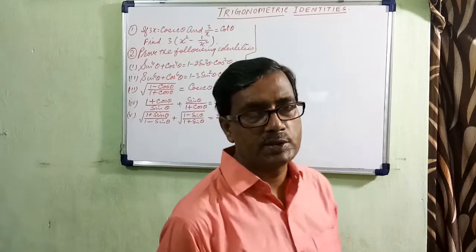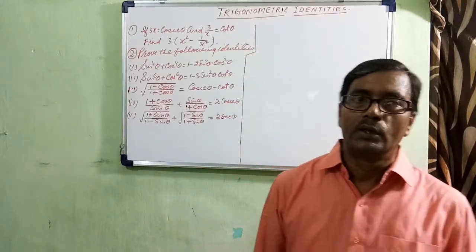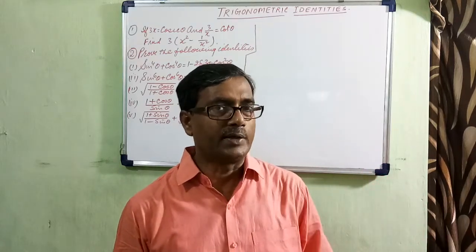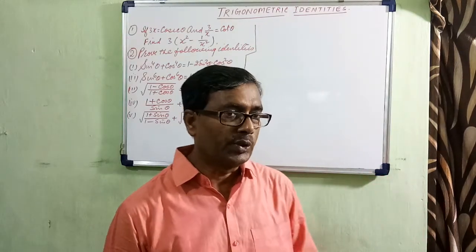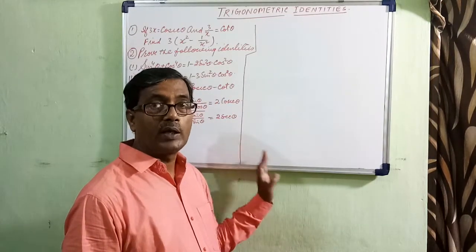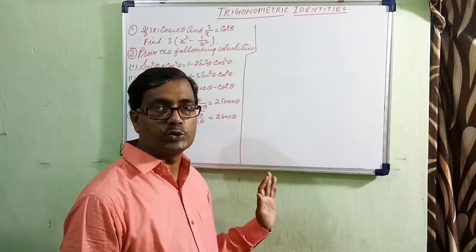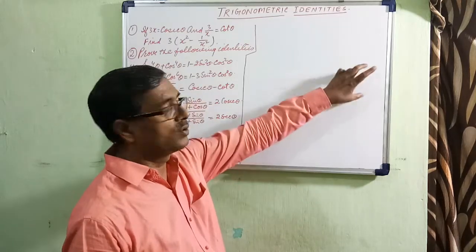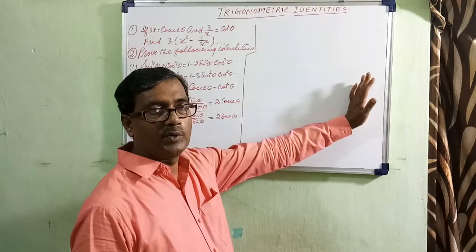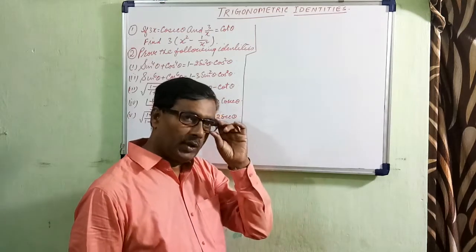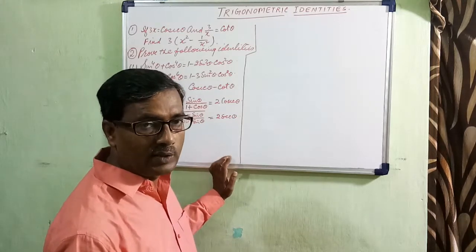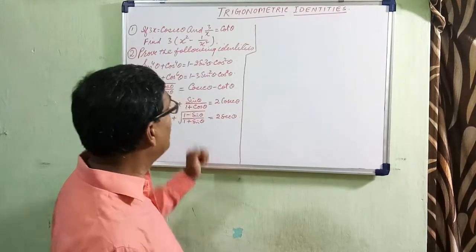Good evening students. As I said in the earlier video, I will discuss only the trigonometric identities. Here we will purely see about the identities and look at what kind of identities we are going to use. I will try my best to write down the certain identities which we have used aside, but I expect that you remember all these identities I have given earlier. Now look at them one by one.